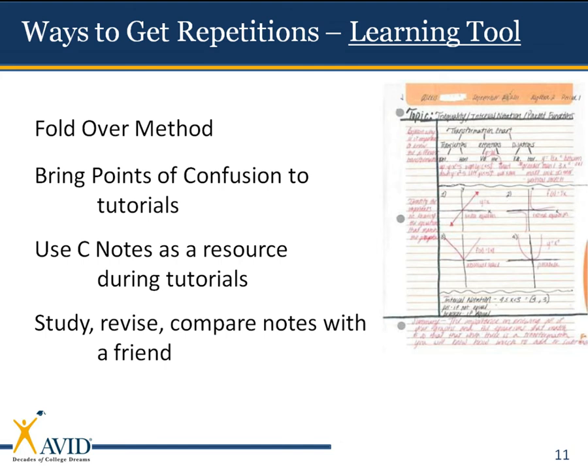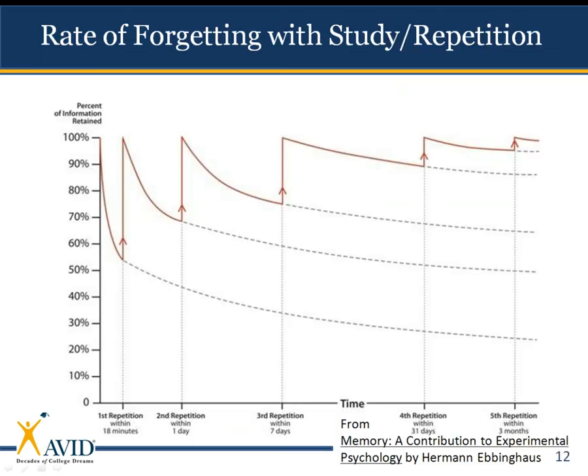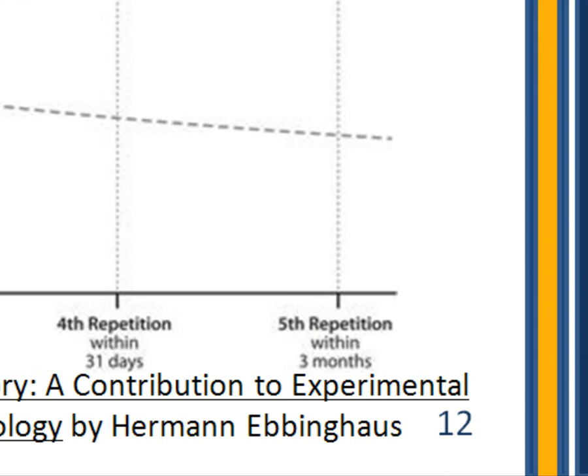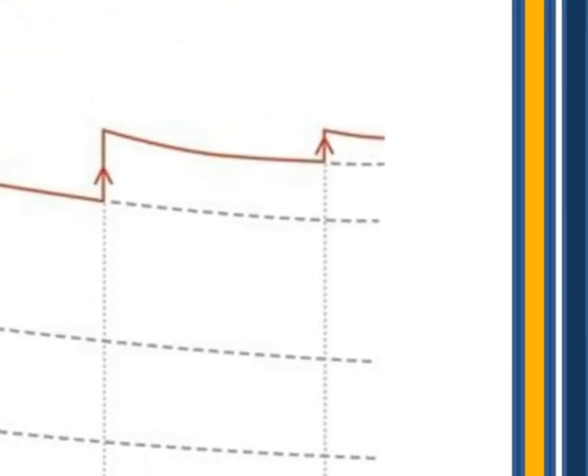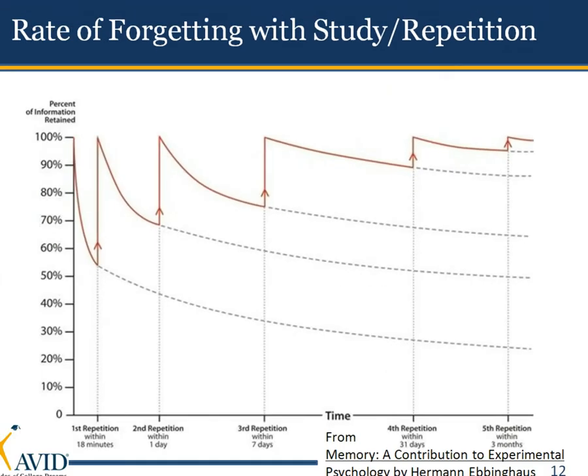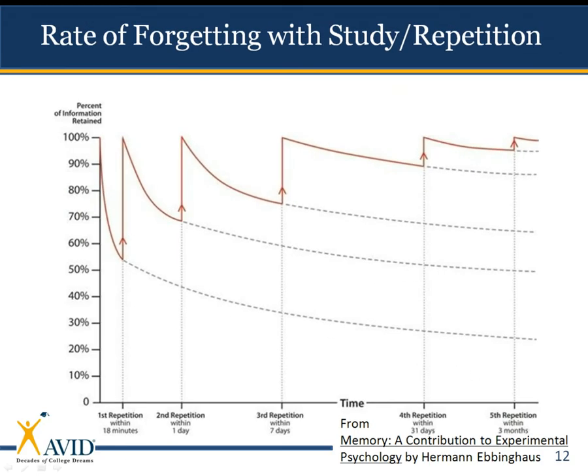And then lastly, I always want to be studying, revising, comparing my notes with a friend, making sure that my notes are accurate, and using that skill of collaboration that we work on in AVID all the time. So we just looked at 10 different ways to get multiple repetitions of information using your Cornell Notes. But maybe you're thinking to yourself about now, hey, Cornell Note Maker guy, you sound like a jerk. I'm only going to do half of what you told me to do. That's okay, because even with 5 repetitions of the material, we know that our retention level is going to stay really high, above 90%, and when that test comes around, we're going to have all the information we need to be able to make an A on the test.